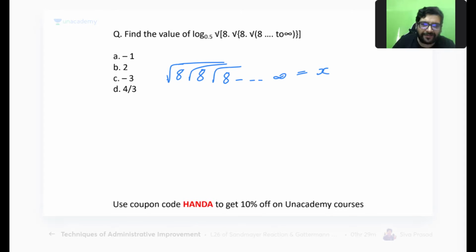If I assume this as X, first of all, my first suggestion to you will be find out this value of X. How much will this be? How will you find this out? This is minus 1, or you are saying the final answer is minus 1. Tanu, my first question to you is, can you tell me the value of X here? How will you calculate this?